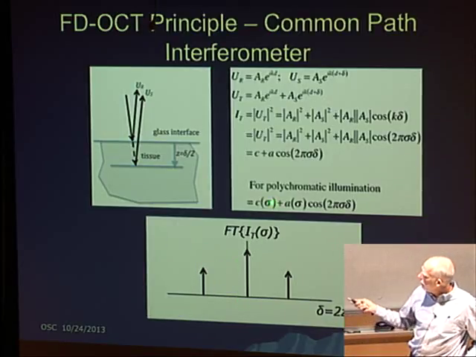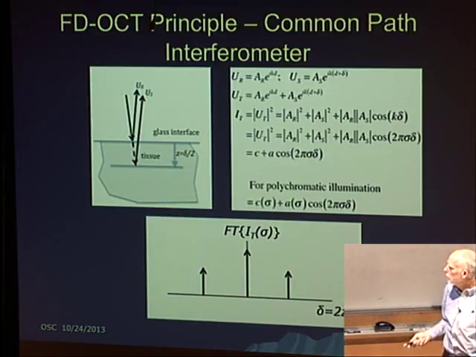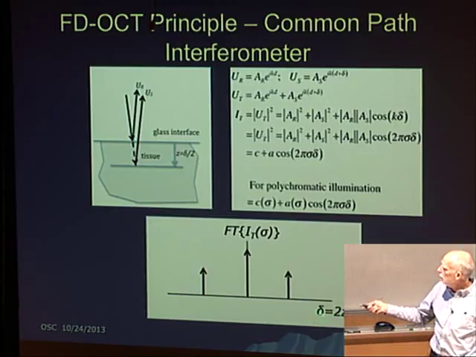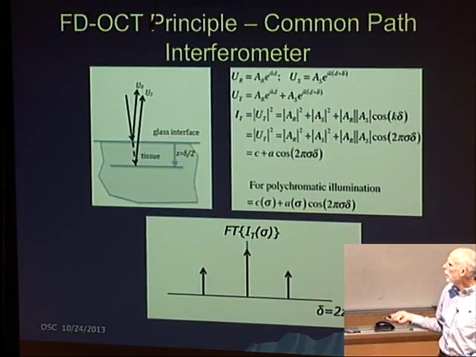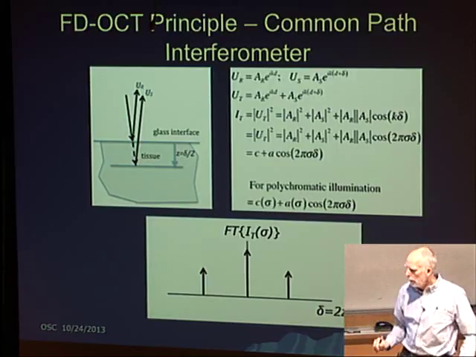You get something at DC corresponding to that, and you get an image. This one you ignore. That's the other side. On this side, at some increasing depth, from that scatterer, you got that image of the scatterer. So if you have multiple scatterers in here, you have a bunch of waves coming back, and you build up a whole Z-scan, or what's often called an A-scan in OCT, of the information in depth. So OPD is 2Z, so by dispersing onto a detector and taking the Fourier transform, you get an image along one beam of the light going through.